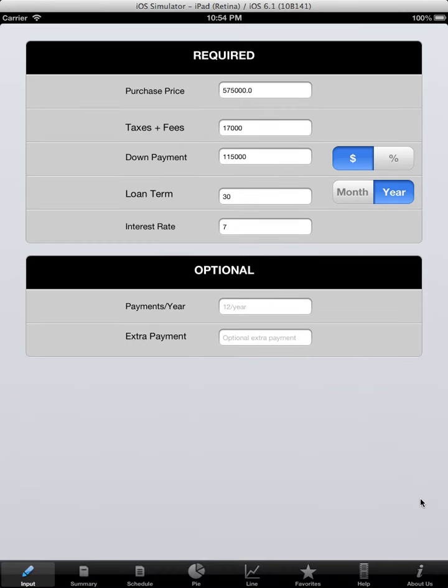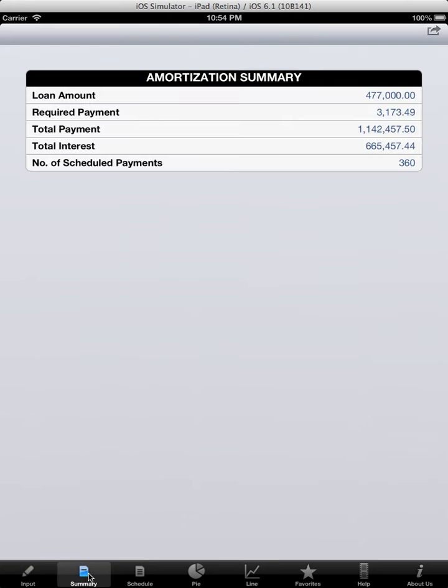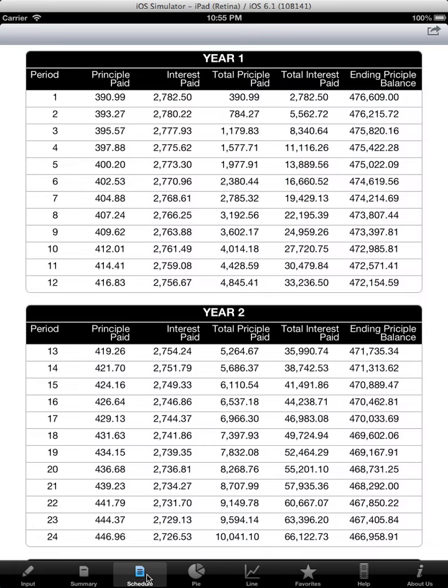You can also enter, say, optional extra payments. So now after you enter it, you go to summary, you will see the loan amount, payment required per month, total payment, total interest, and number of scheduled payments. And now here is the year over year payments. This is the period, principal paid, interest paid, total principal paid, total interest paid, ending principal balance,